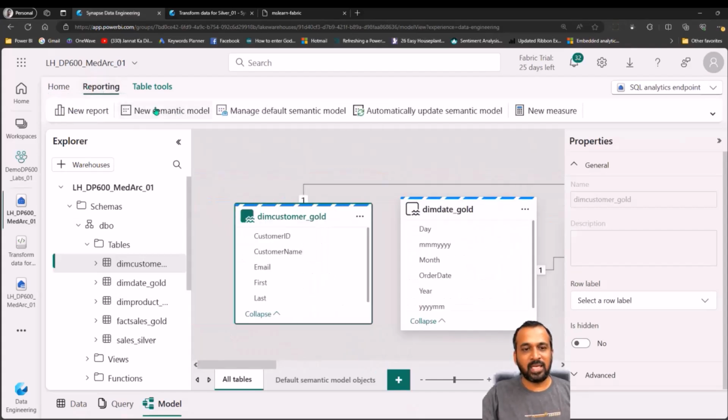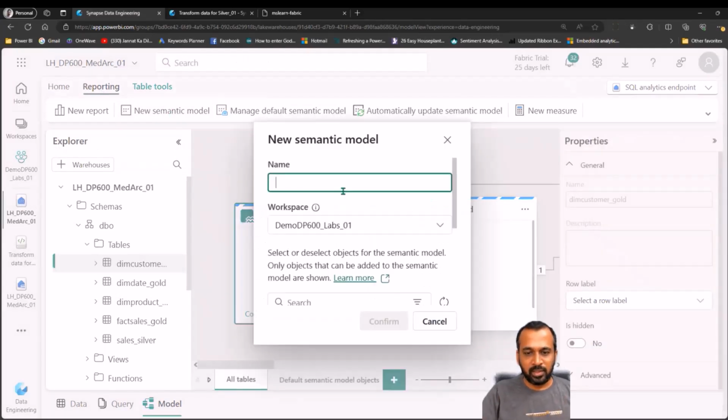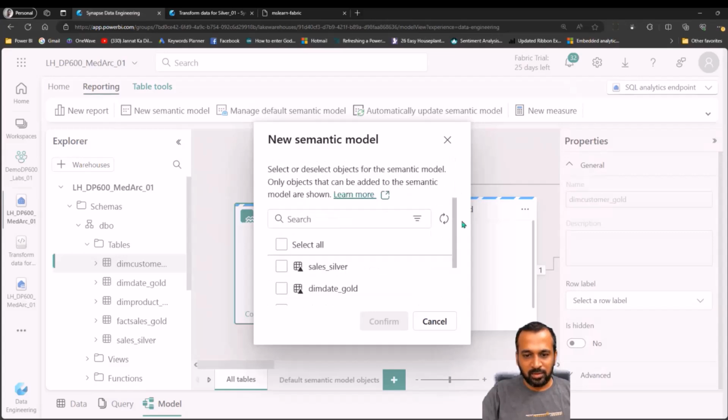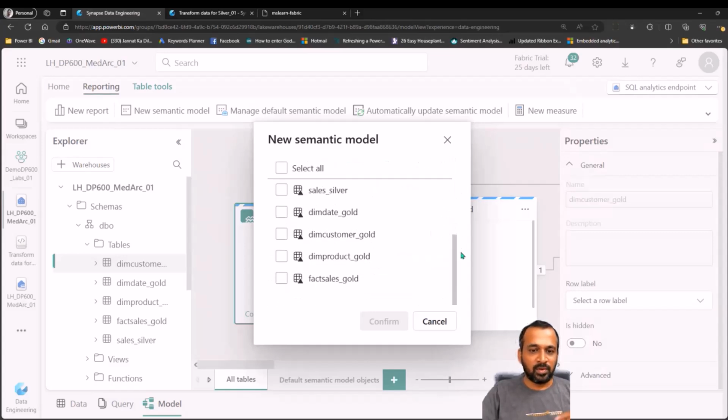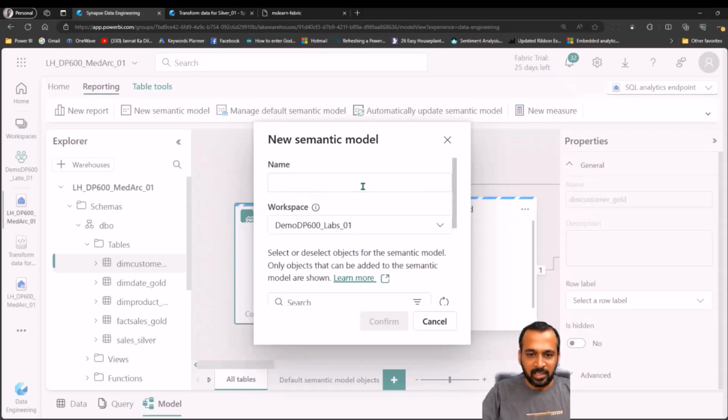If you go to reporting, we have a new semantic model. So once you click on that, this will open up a window and it will show us the list of available tables we have and what we need for our reporting purpose. Here also you see we still have a silver. We don't need a silver for reporting. So we just need only these 4 tables, select the 4 tables